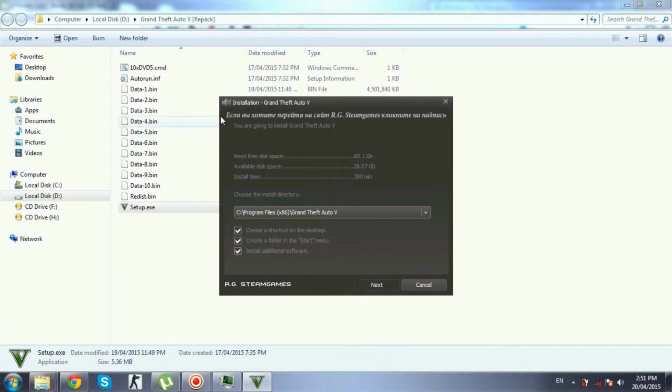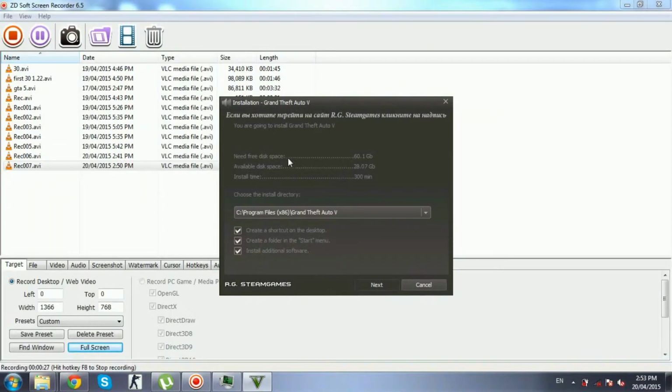After that, the screen will come like that, and it will say need free space. As you can see, it says need free disk space 60 GB, but the available space right now in my drive C is 28 GB and it says installation time 300.